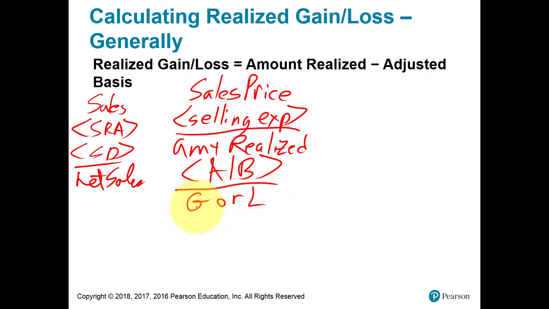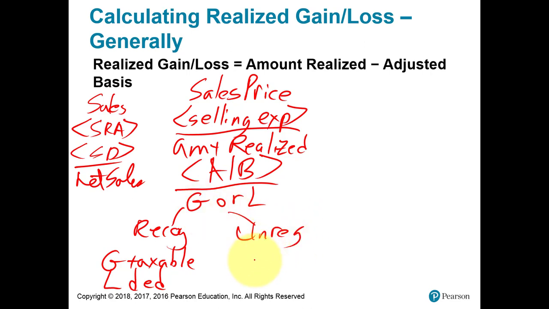So now if this gain or loss is recognized, then the gain is going to be taxable. And we'll see different tax rates depending upon the character of the gain. Or if we have a loss here, the loss may be deductible, which is good, right? It helps us save taxes. Now, you don't definitely want to lose money, but if you do, you want that loss to be deductible to help you save taxes. So the opposite of recognized is unrecognized,